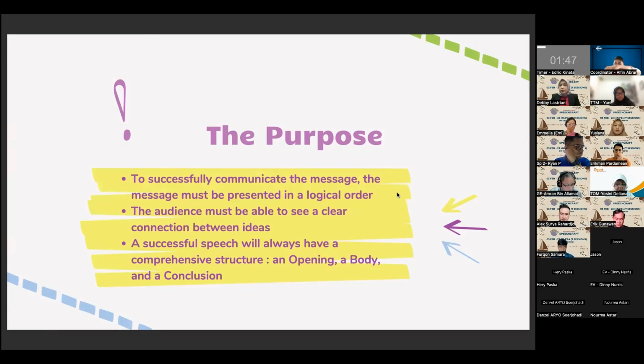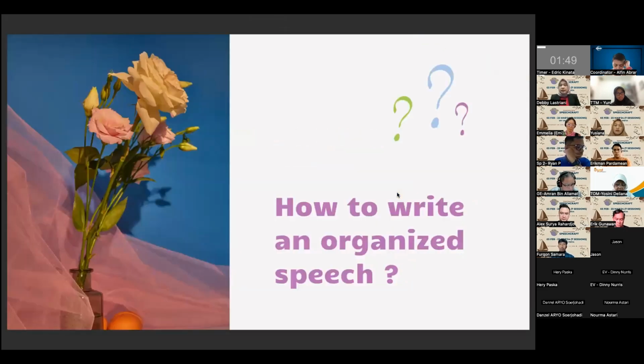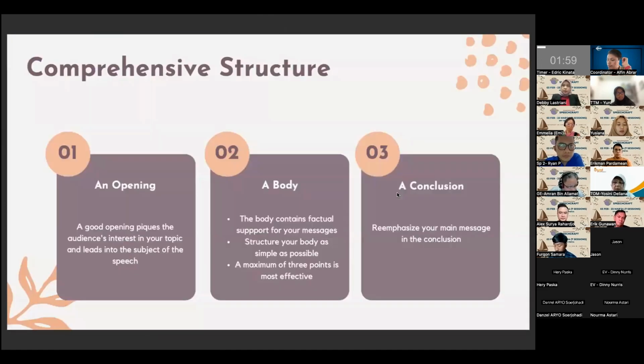So how are we going to write an organized speech? Now I will tell you one by one. To have a comprehensive structure, as I mentioned earlier, we need an opening, a body, and a conclusion.